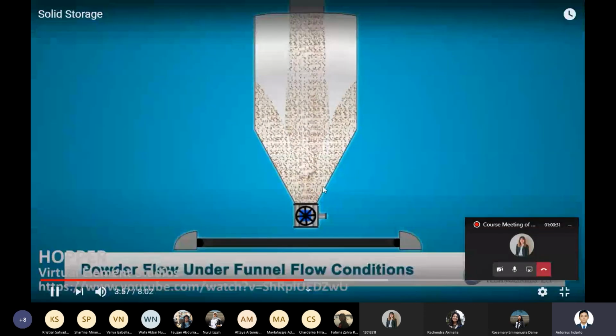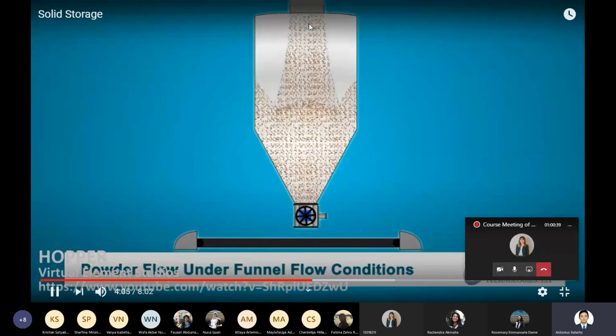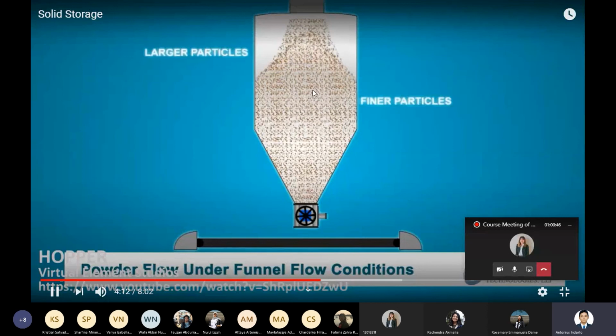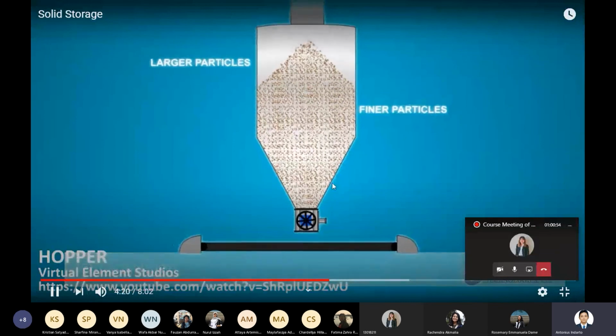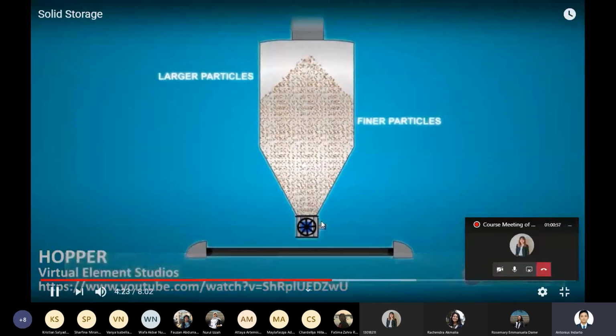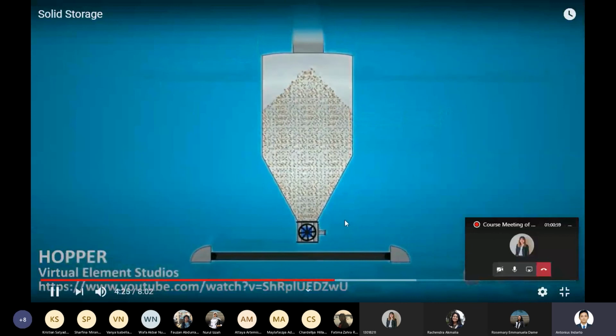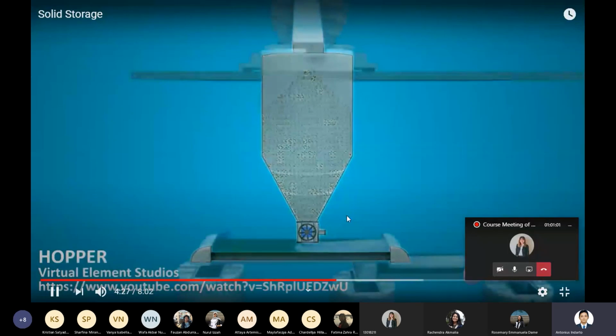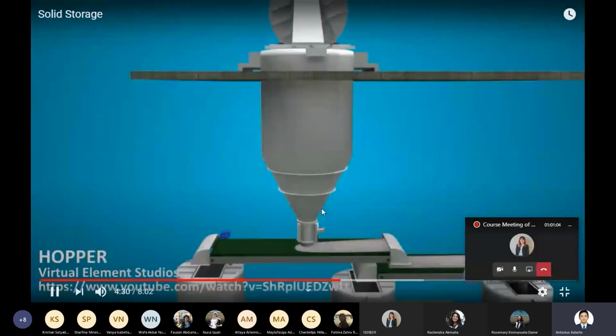You can see here that the solid particles enter from the top. Okay, this is the hopper.